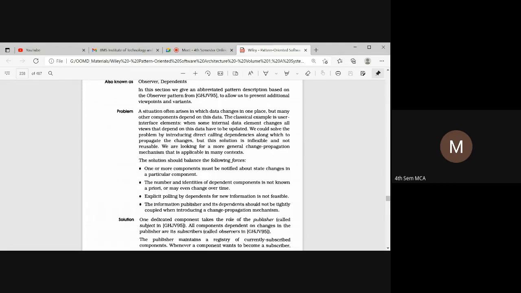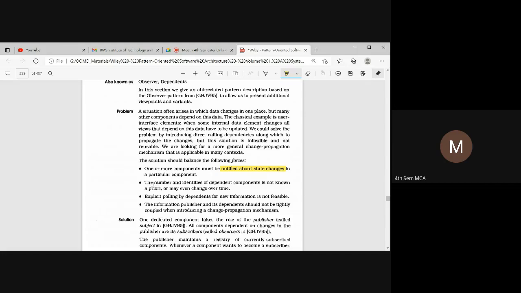If any change propagation happens, what is the mechanism to communicate with the other components? So the forces are: one or more components must be identified. We need to identify one or more components that must be notified of the change in state. Whatever state changes happen, that has to be notified.